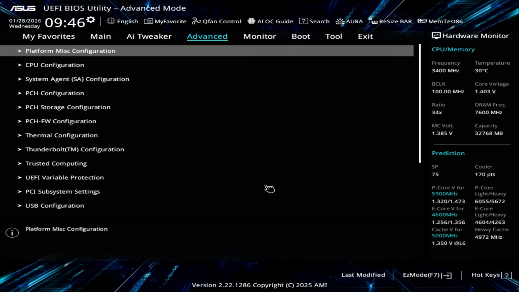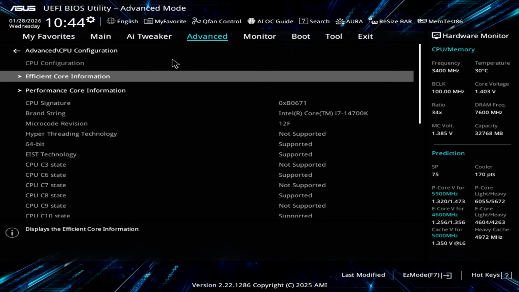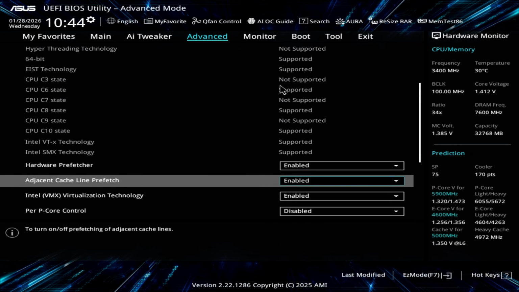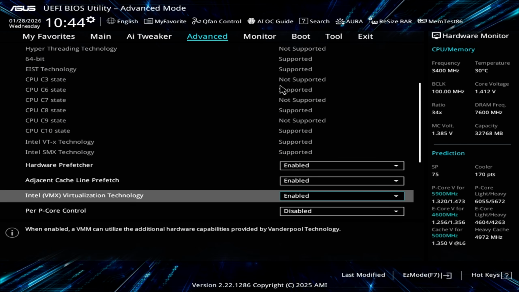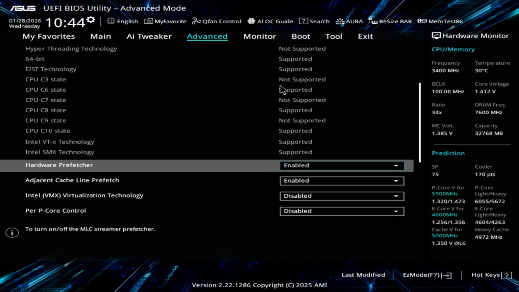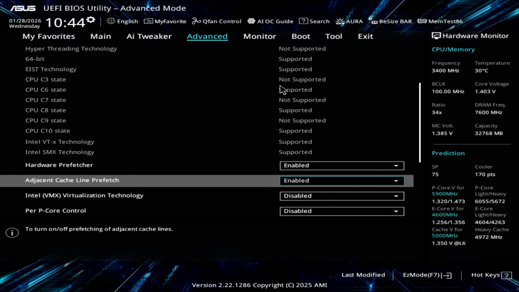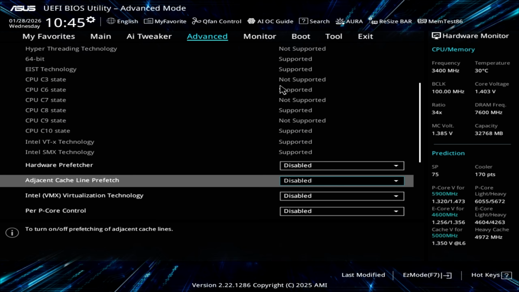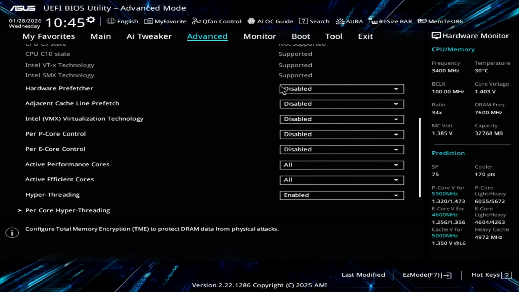Then we go to advanced and CPU configuration. To explain a little bit here on the last test microcode, as you can see here, 12F. I don't use VM, don't use memory integrity, things like that. So I remove VMX, VT-d. Should be personal preference again, but put it disabled. This is great if you want to add score in AIDA, it's good for bandwidth and benchmark scores. But in gaming, you can test it on, you can test it off. It's more consistent off, okay? Maybe for you it's better on. It's me, you can test other things.